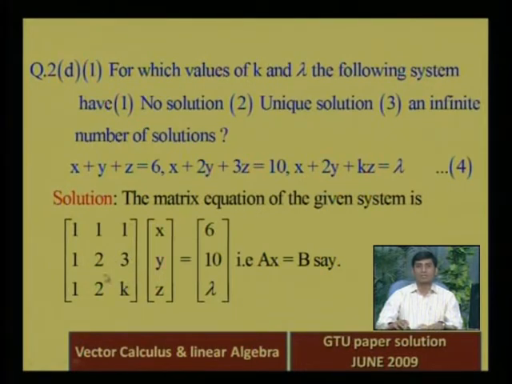Now first of all, to solve this linear system of equations, we convert it into row echelon form. What is row echelon form? Just try to understand the meaning of row echelon form. I again repeat in this lecture: in any system of linear equations, to solve the system we use the augmented matrix and convert it into row echelon form or reduced row echelon form. The row echelon form contains 3 conditions.